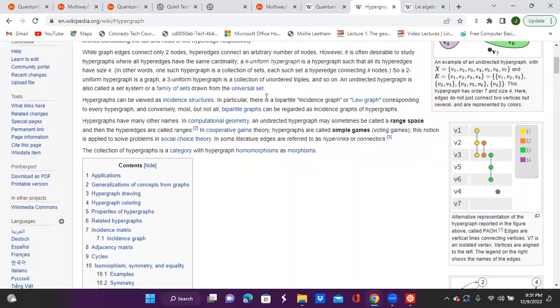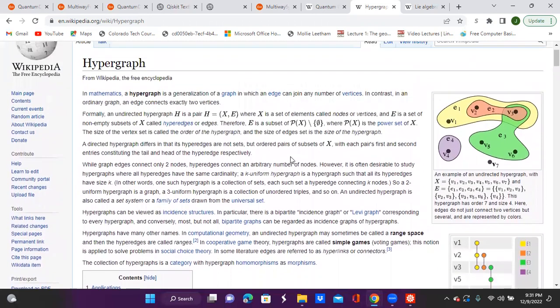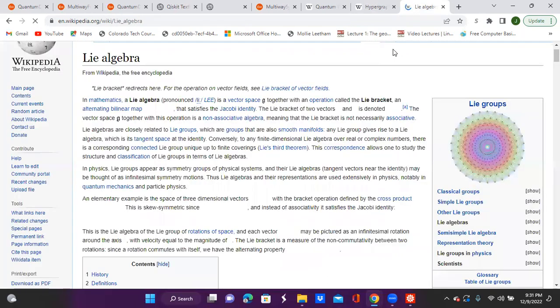So the reason I did bring this up is because of how important hypergraphs actually are, and this is a new field of study in and of itself. The graph theory, the number and graph theory. There's specialists in number and graph theory. So I brought up this is another thing that you probably hear quite a bit, and it's out of context, and people don't know what they're talking about.